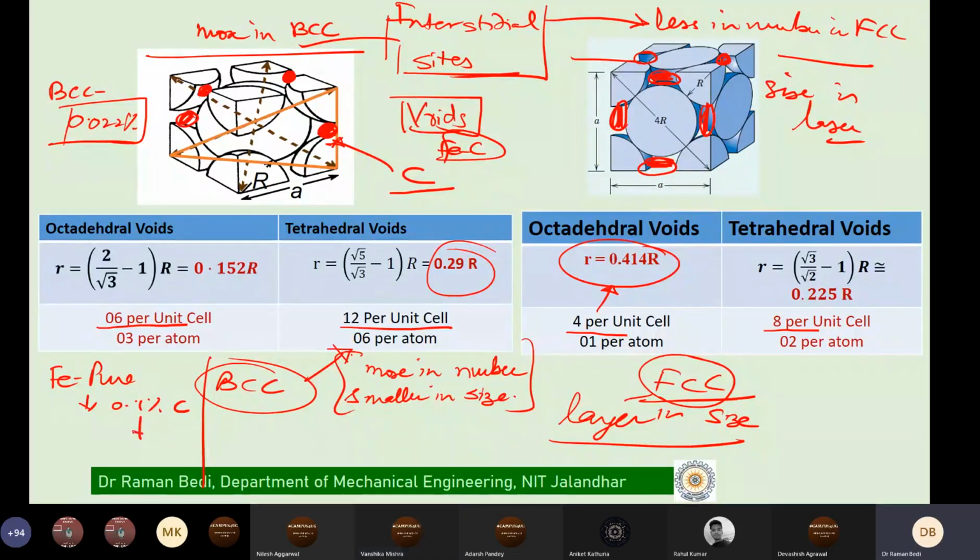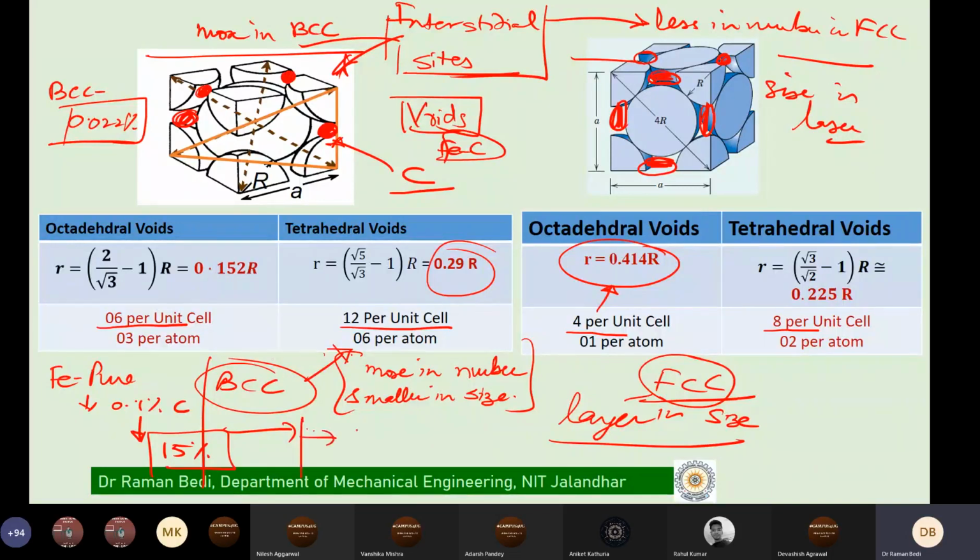Obviously, you keep on adding carbon from 0.1 to 1, 2, 3, 4. Let us say I go to 15%. So all of it cannot be accommodated into the interstitials because the number of sites is again limited. Although it is very large as compared to FCC, but still there is a limit, a geometrical limit. That is what we talk about as the solubility limit geometrically. After that, if I keep on adding more carbon, 15, 10, 20, 30, what will happen? It will not accommodate into these interstitial sites, and a solid solution will not be formed.